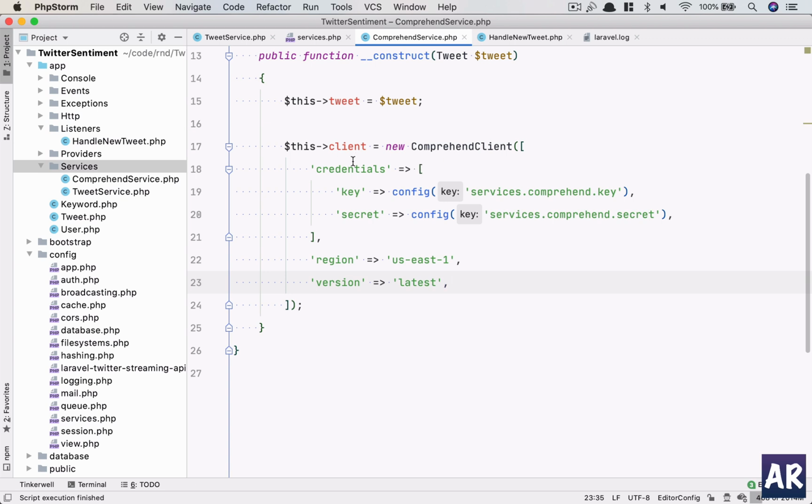Okay, so this is how we create the client. We pass the credentials as an array. We have the key and secret in here, and we pass the region and version. I already have those keys in my env file. Now, once this is done, the next thing we need to do is